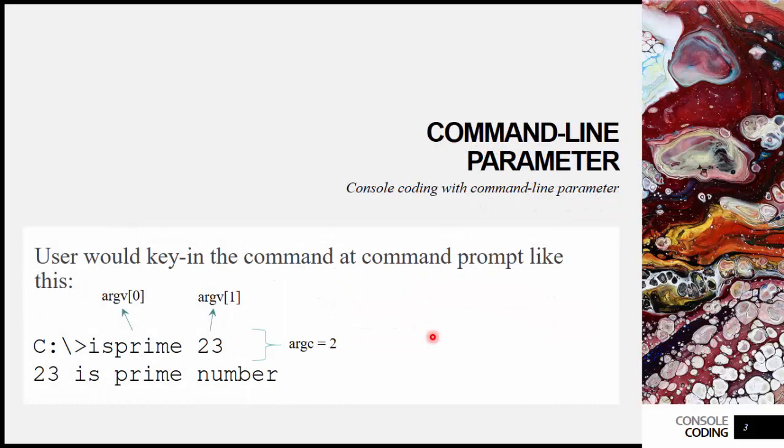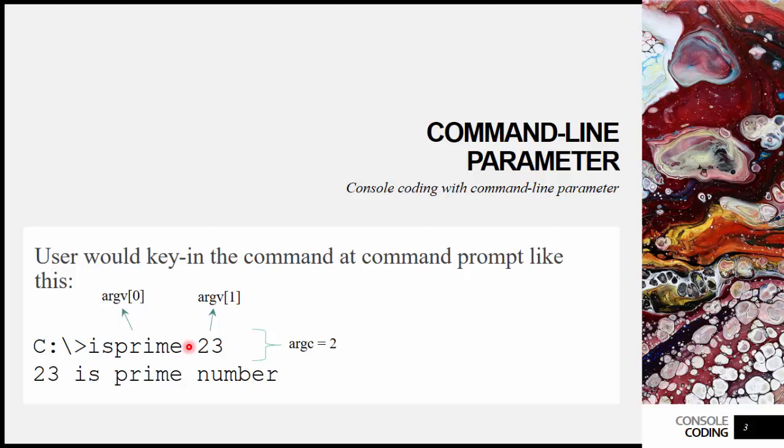And we want to write the code so that it is able to accept command line parameter. So what is the meaning of command line parameter? This is command line parameter. Let's say we code the program whose name is prime, and we want to test whether 23 is a prime number or not. We straightaway give number 23 immediately after the program name, of course with a space at least.